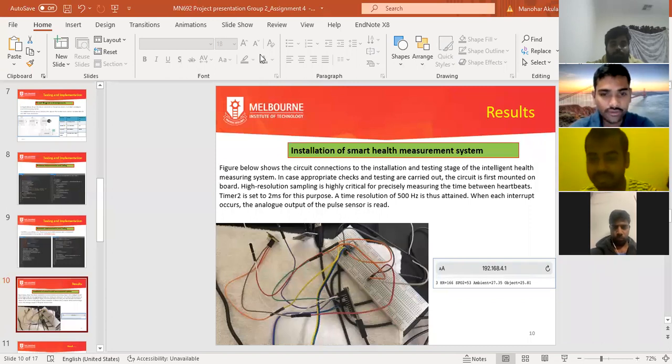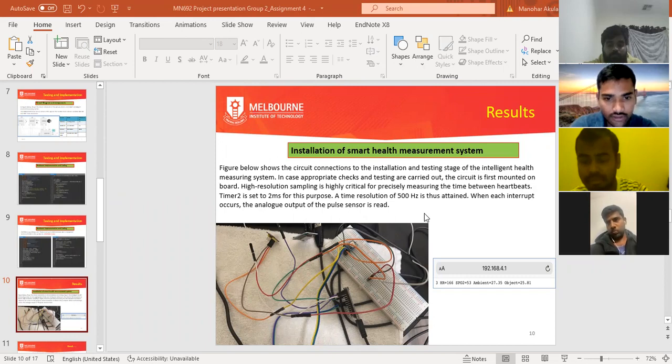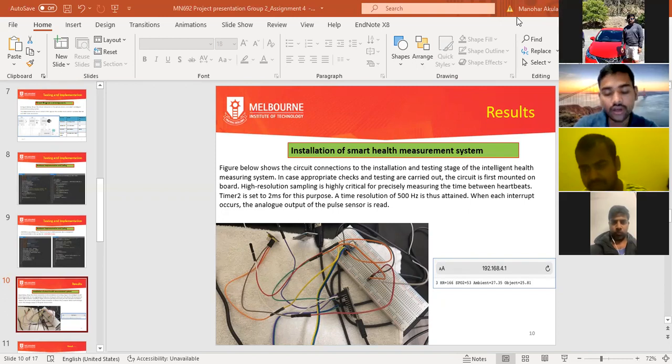Hi, this is Vignesh from Reddy, and I'm going to explain how we connected our hardware. We connected our hardware based on our circuit diagram, as we showed on the previous slide. This is how we connected our hardware. We connected the temperature sensor and pulse oximeter sensor to the Arduino board. After connecting this, we did the coding using Arduino IDE as explained by Abhinay, and after connecting this code to the Arduino board using Arduino IDE,